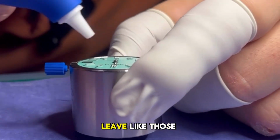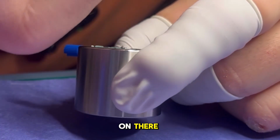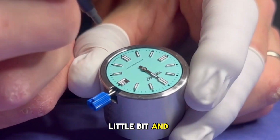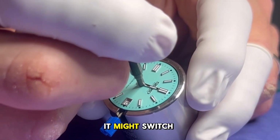Sometimes the Q-tips leave pieces of them on there. So I straightened that up a little bit, and by turning it, it kind of knocks our time off. So it might switch it,